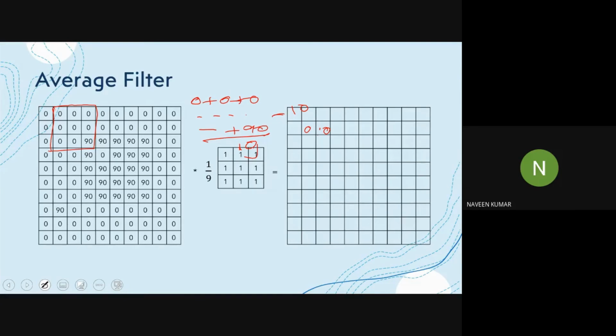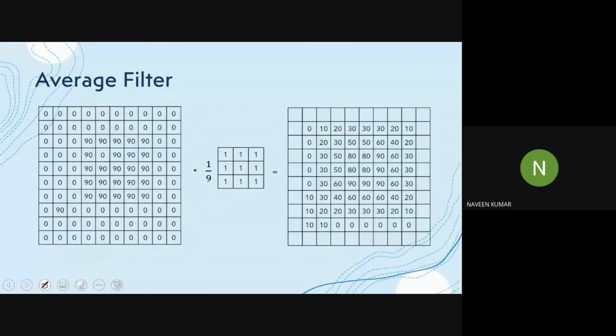Again, we will move the kernel in the right direction and calculate the average. This time we have 180, so we will get an average of 20. And similarly here 30. We will complete this process from the top left corner till the bottom right corner, and we will get these values: 0, 10, 20, 30, 30, 30, 20, 10.